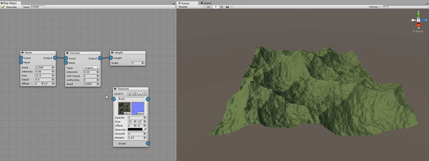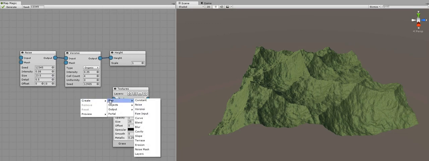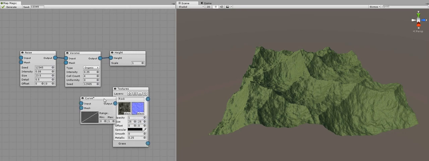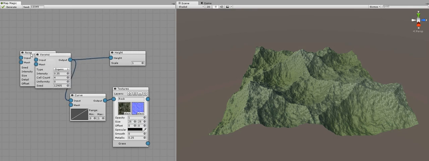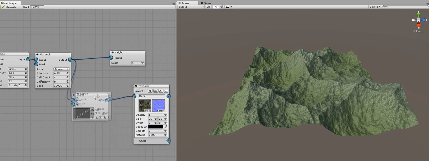You can see that all of the non-background layers have an input for the mask. I'll assign height as a mask to demonstrate it. I'll just add a curve to make the effect more visible. You can see that lower areas are a bit more grassy, and higher areas are a bit more rocky. I will increase the mask contrast with the curves to make the effect more visible.